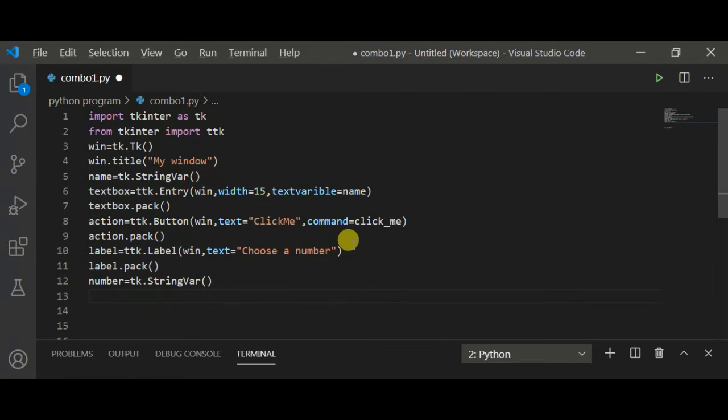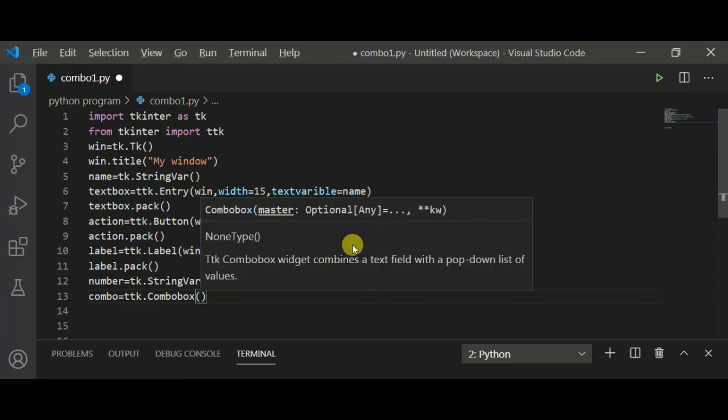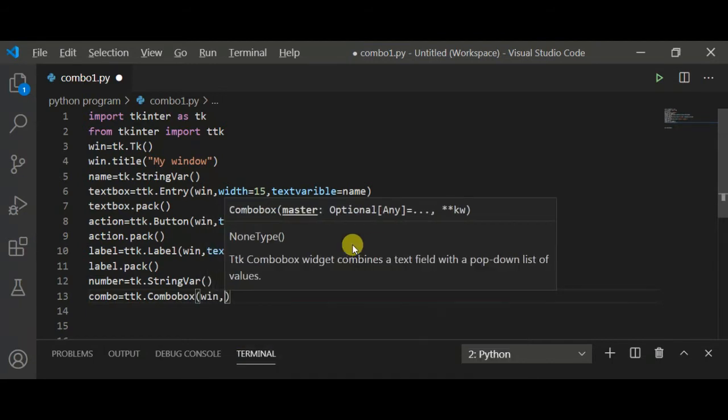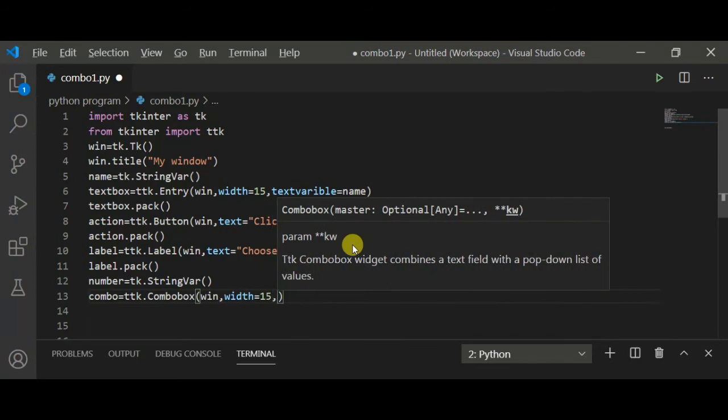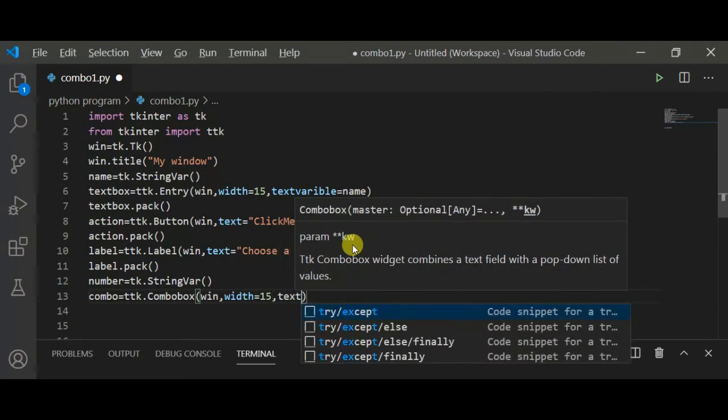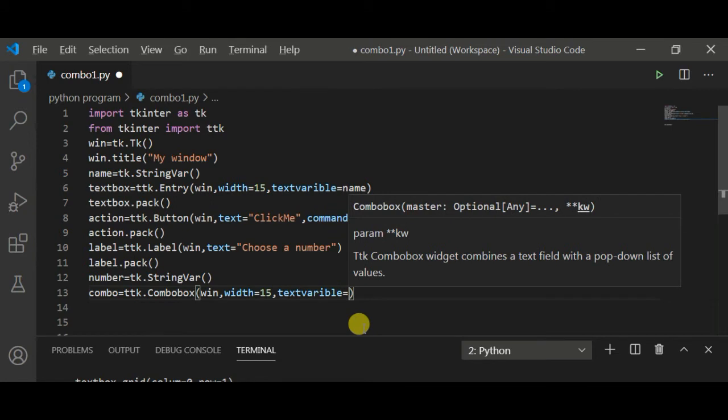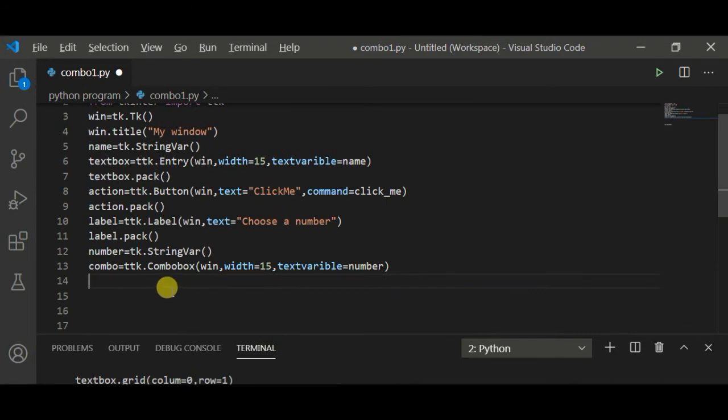Now creating a combo box with the help of this variable, combo is equal to ttk.Combobox method, and place this combo box inside the window, comma, I will give the width of this combo box equal to 15, and text variable is number here, sorry, not name. This line creates a combo box.